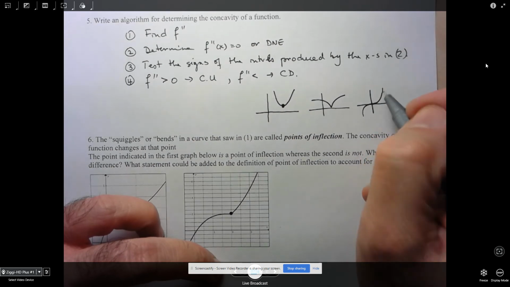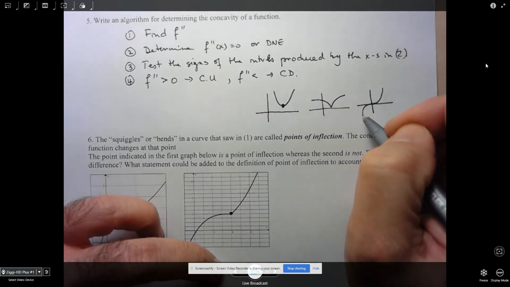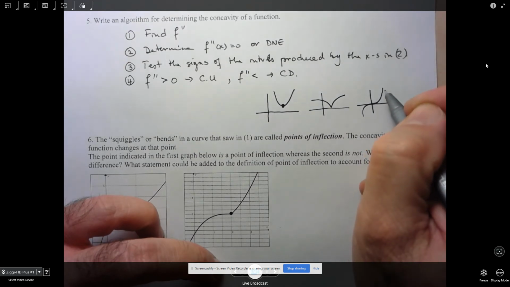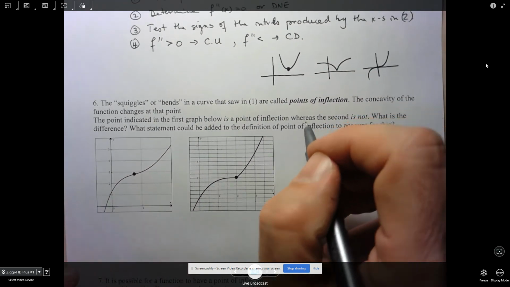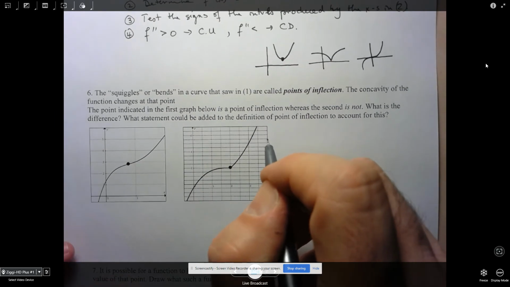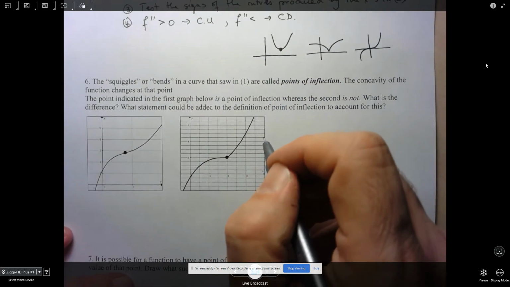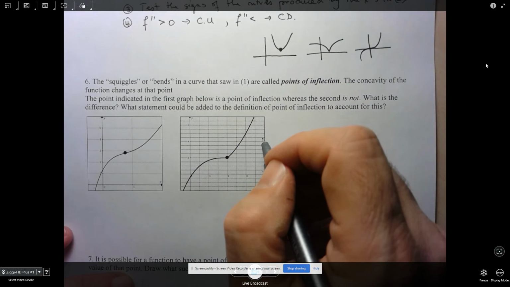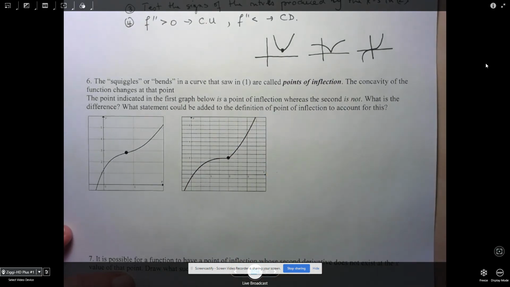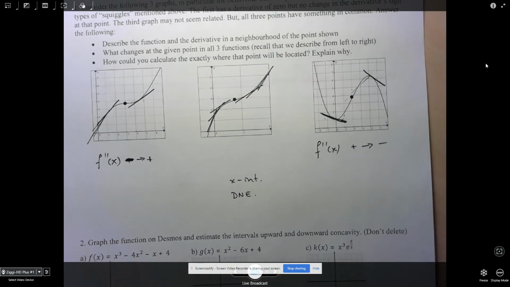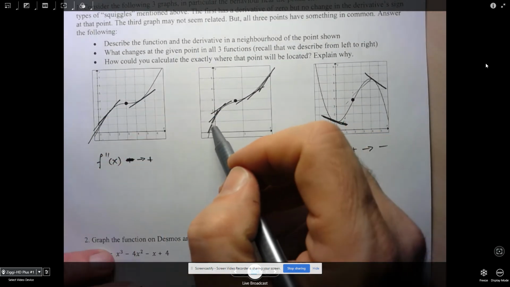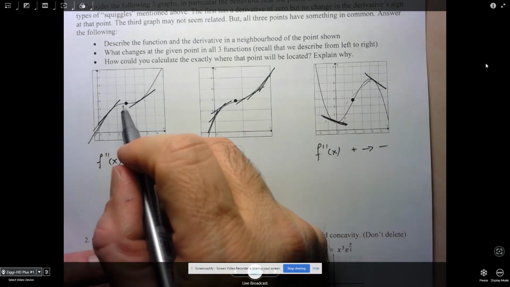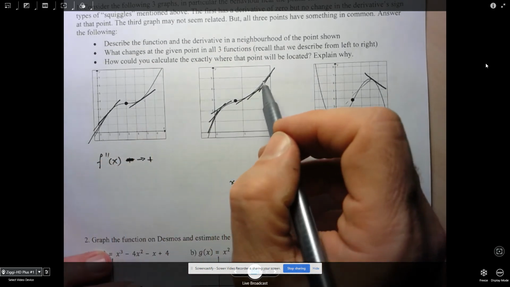In fact, a cubic, doesn't that look like you've got that squiggly behavior where you're changing from concave down to concave up? Well, these points where you have a change in concavity have a name. It's what we call a point of inflection. All right, so if we take a look at all these examples from the first page, all of these represent points of inflection,